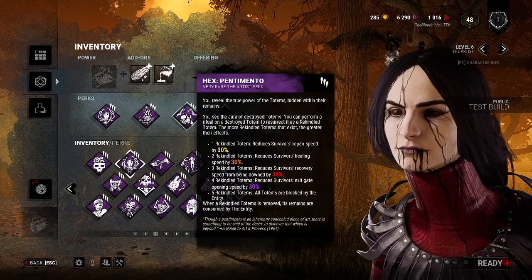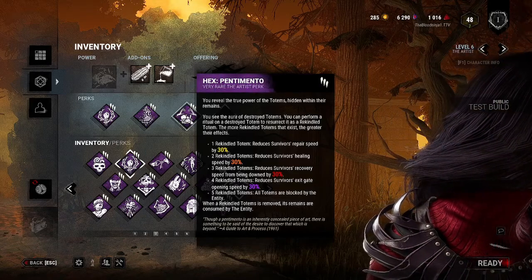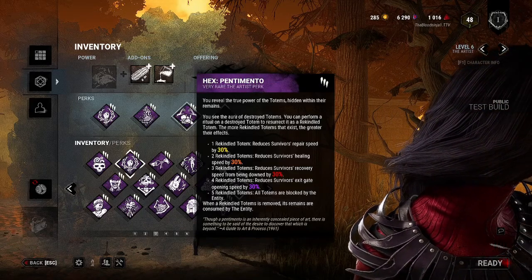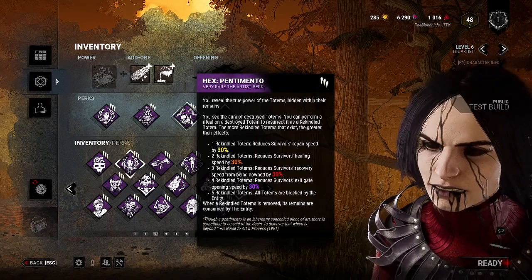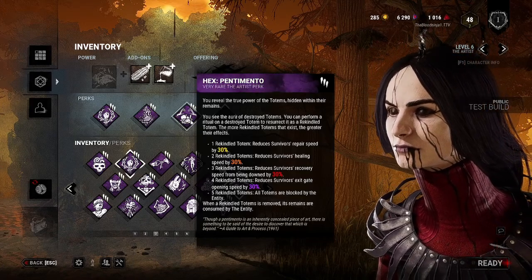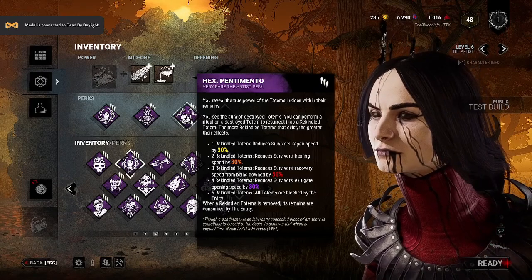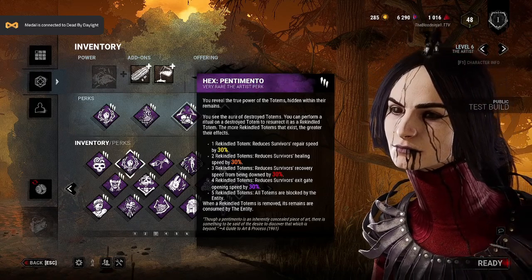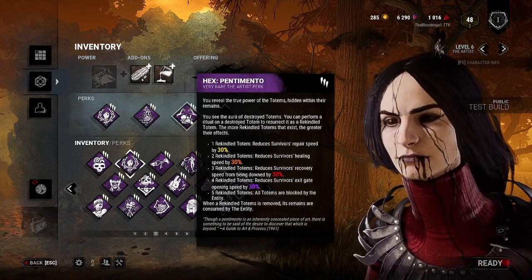Then we have Hex: Pentimento, which is a disgusting perk. Basically, it's like a new mechanic. You can bring back a totem. You can remake a totem. You see the auras of destroyed totems. You can perform a ritual and destroy a totem to resurrect it as a rekindled totem. The more rekindled totems that exist, the greater the effect. One rekindled totem is 30%